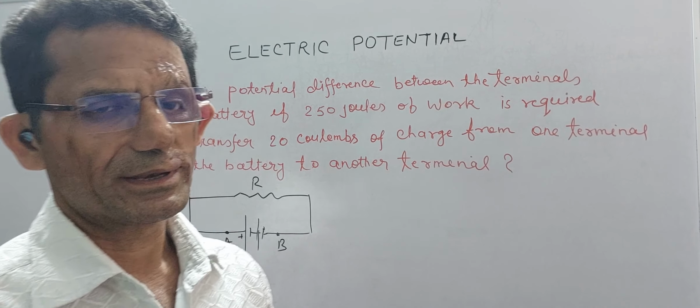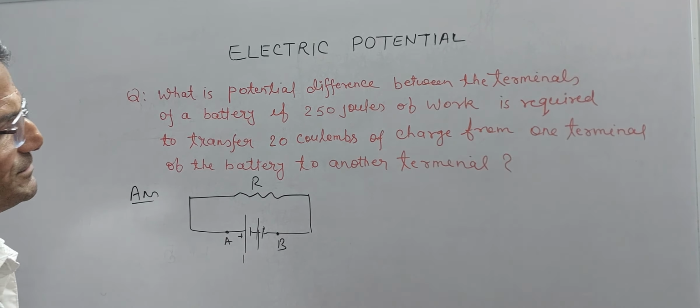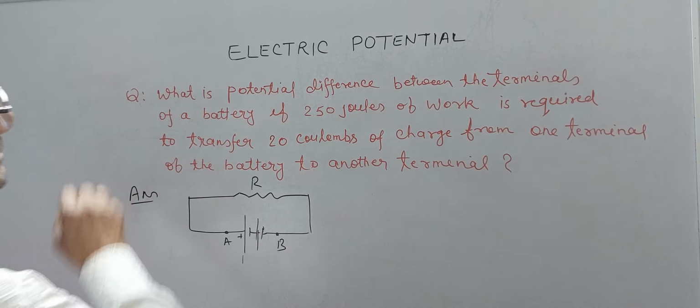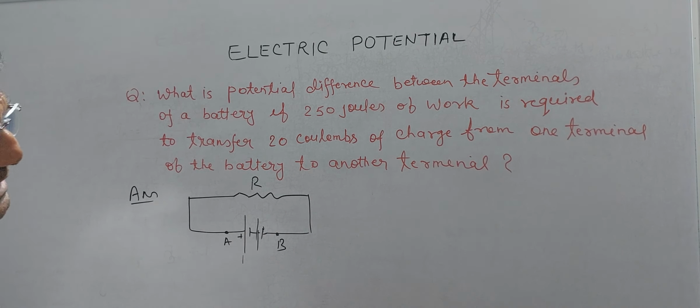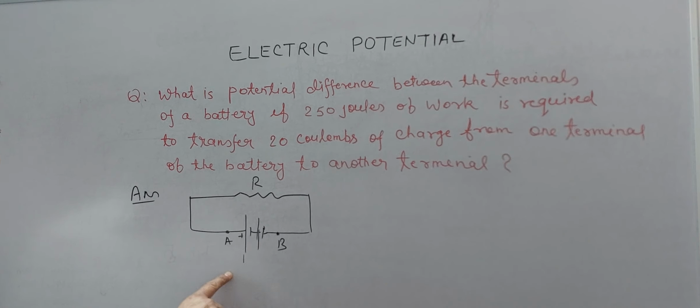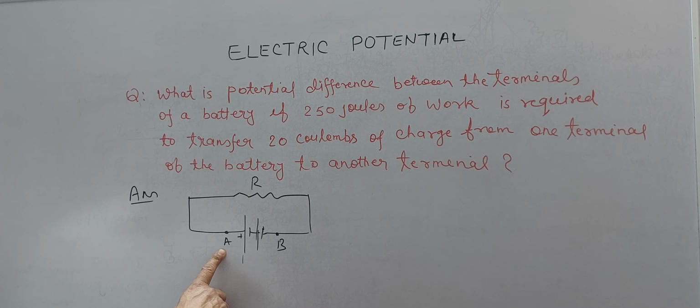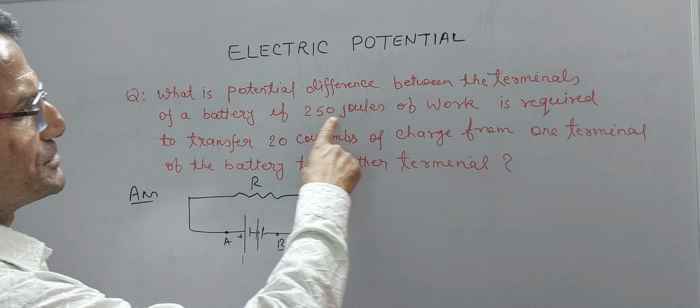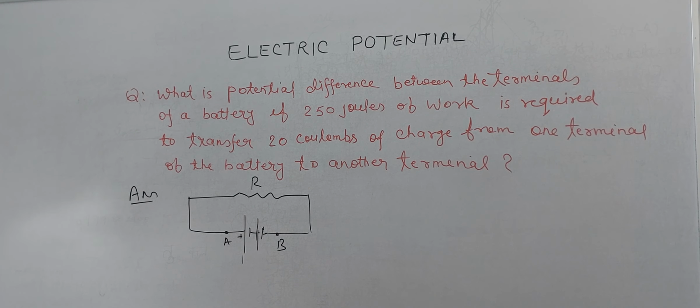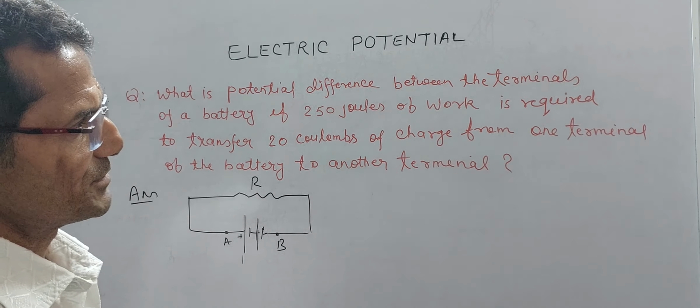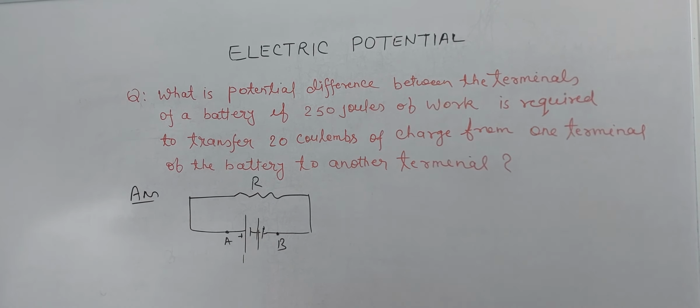Now we do some numericals on electric potential. In this question, what is the potential difference between the terminals of a battery? There are two terminals of a battery, one positive and the other negative. So if 250 joules of work is required to transfer 20 coulombs of charge from one terminal of the battery